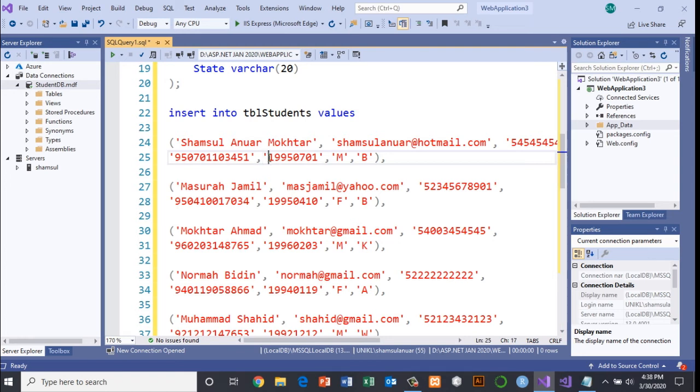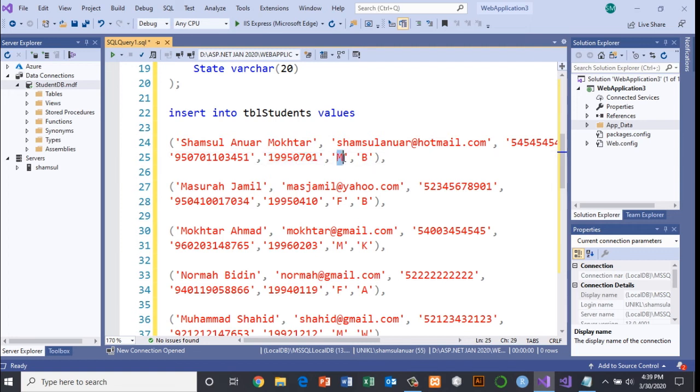But in terms of dates, the format must be the 4-digit year, 2-digit month. For example, July is 07, and the day is 01, 1st of July 1995. So this is year, this is month, and this is the day. Regardless of whatever date format your operating system uses, this is the format that you should follow.